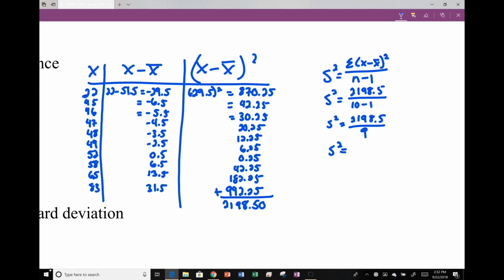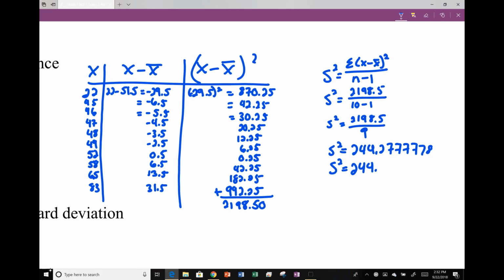When we do this in the calculator, just to make sure that we get it correct, we get 244.277777778. Okay? Now our data has whole numbers, which means this needs to be rounded to one decimal place, which